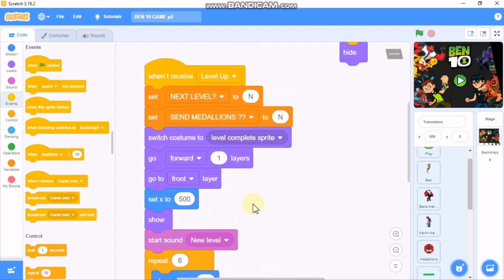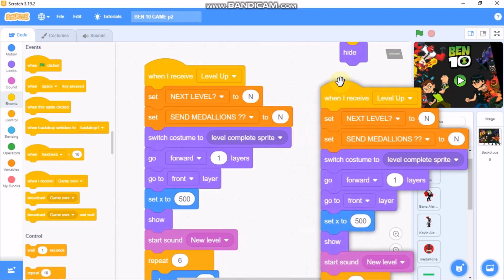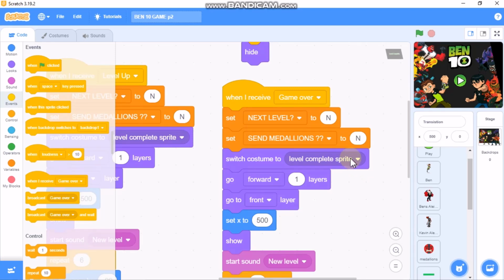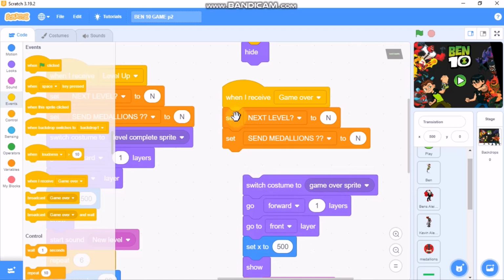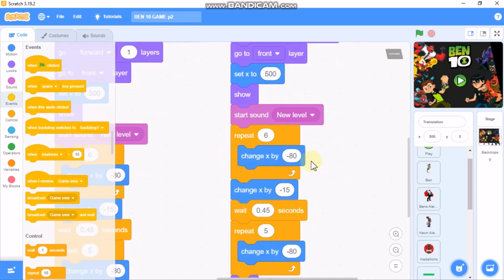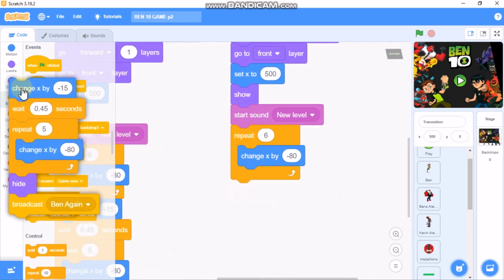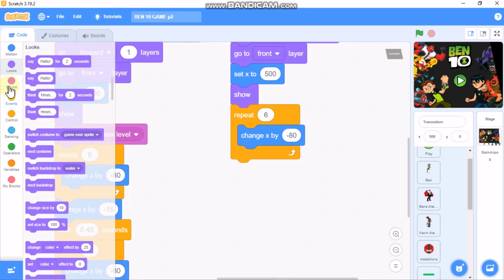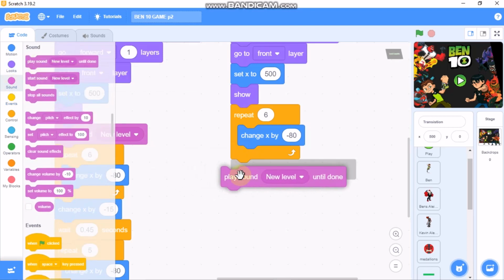And just duplicate this and change this to when I receive game over. We need to switch costume to game over sprites and remove these two blocks. Then we need to show and remove all these blocks, and we need to start sound dead. So let's play sound dead until done,